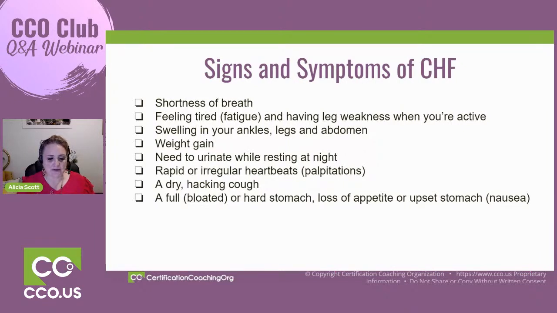A dry hacking cough, and also feeling bloated, not being able to eat because your stomach is uncomfortable. You have a problem with your appetite or an upset stomach. You can have nausea, a lot of nausea. All of these tend to be signs and symptoms of CHF. They can be signs and symptoms of other things, but when you start adding a few of these together, those are definitely red flags, especially when you add in the patient's age,